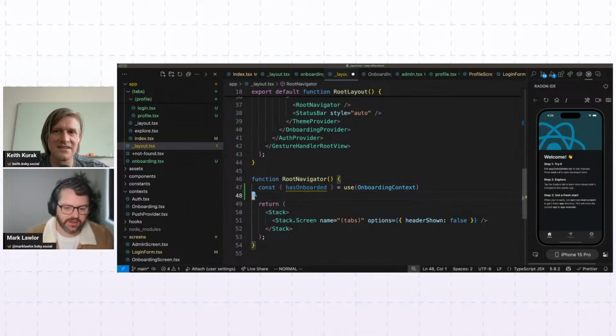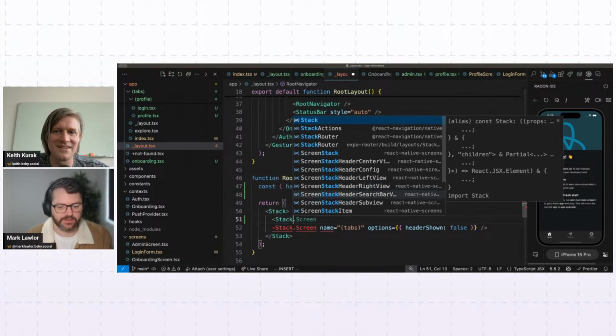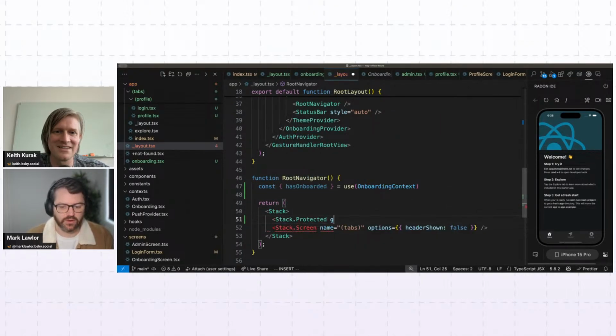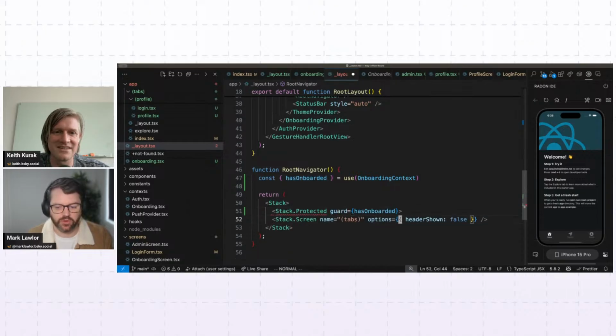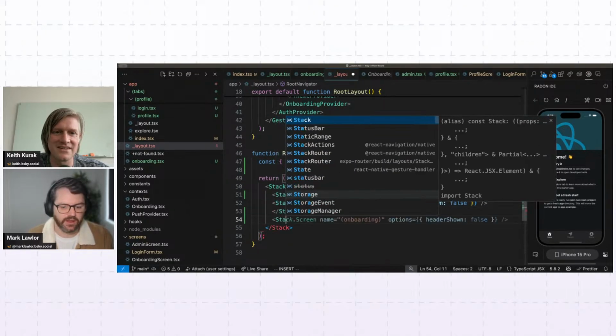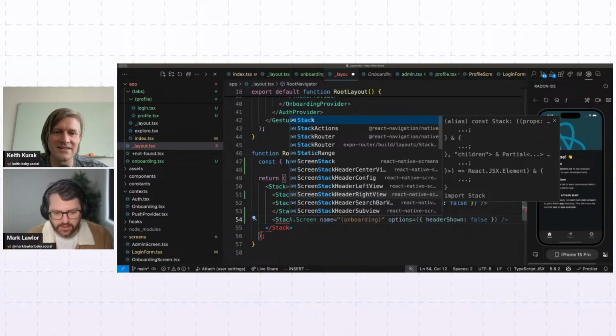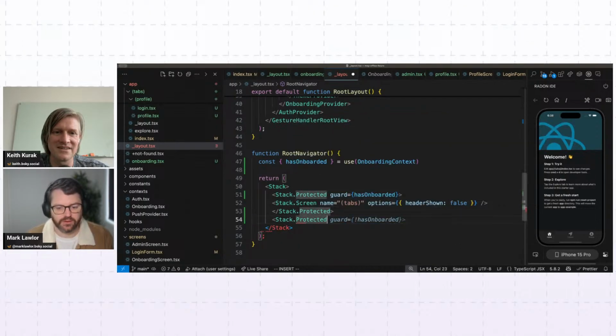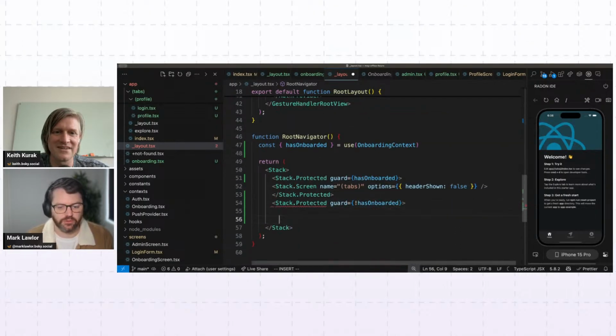And inside here, I'm now going to say Stack.Protected, where the guard is has onboarded. Now they can access my tabs. And if they have not onboarded,